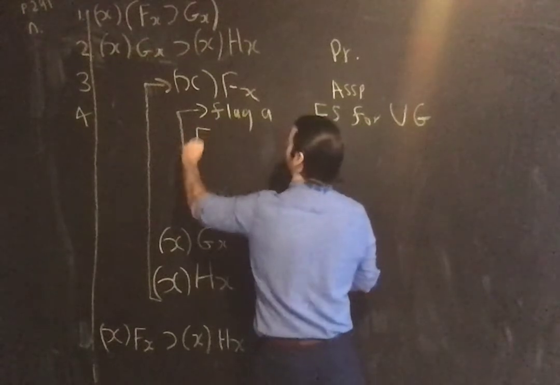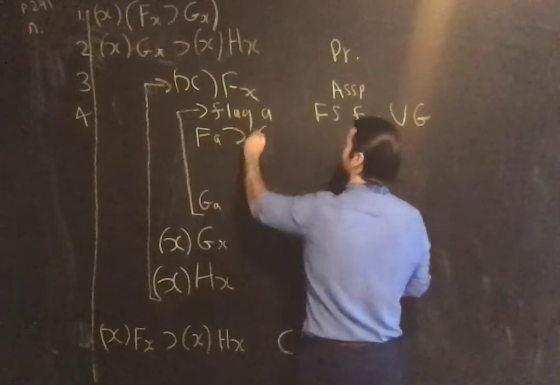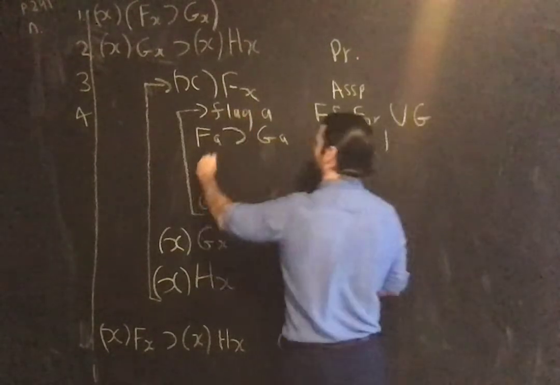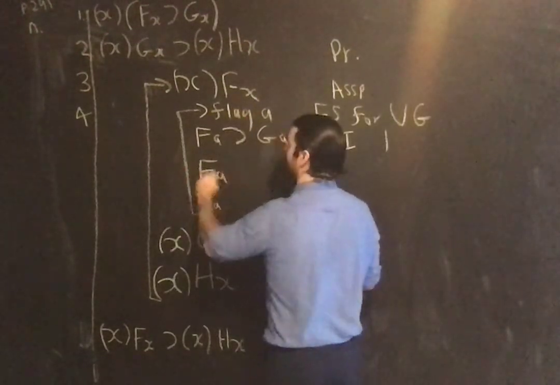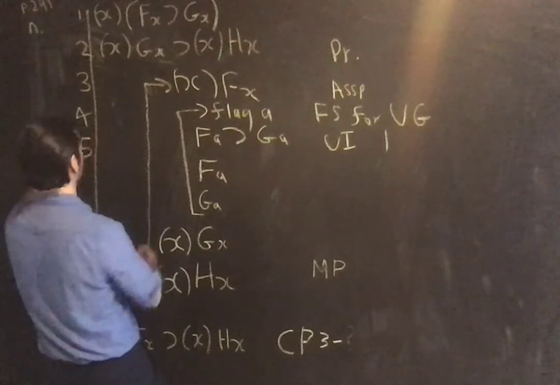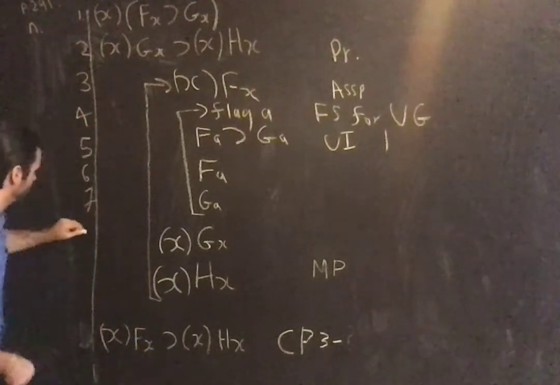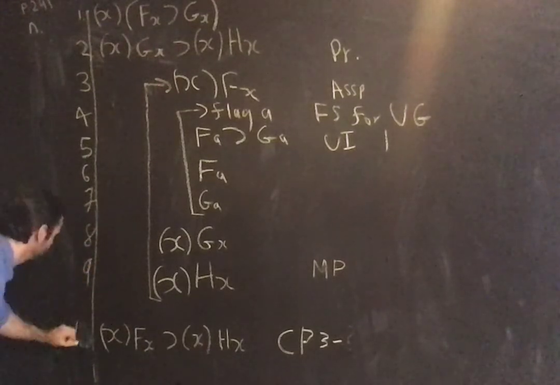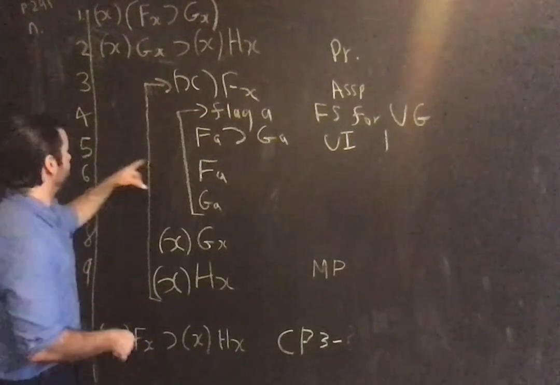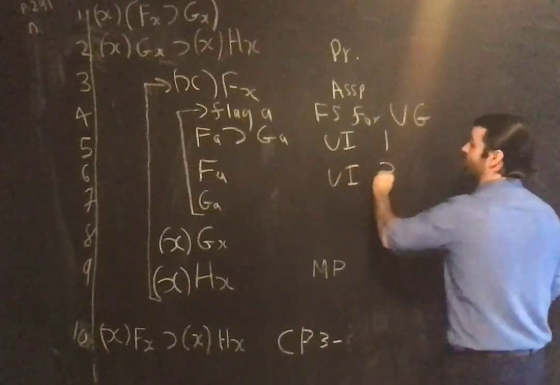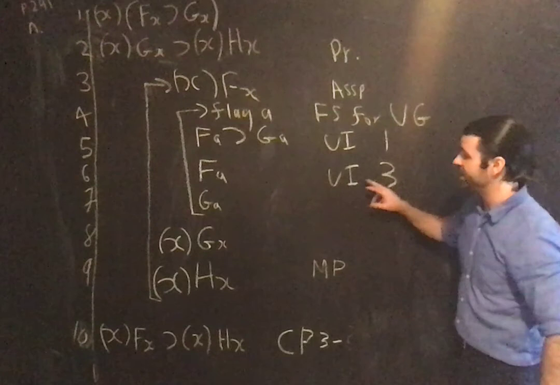Namely, Fa, hook, Ga, UI 1, Fa, and so on. This is universal instantiation on 3, right? And this is modus ponens, right? I've got a conditional